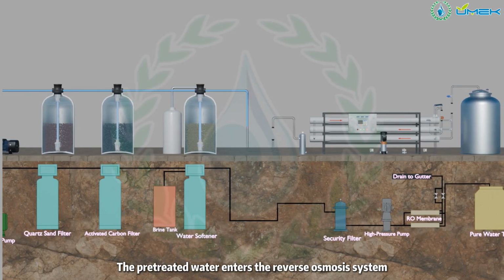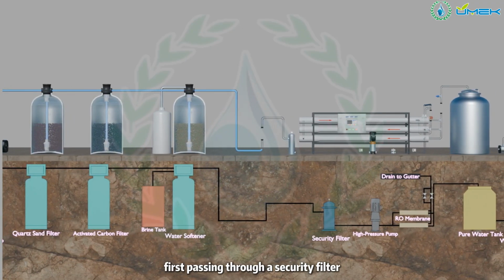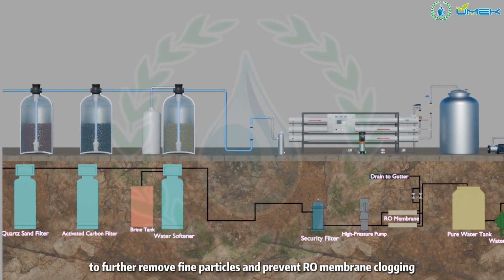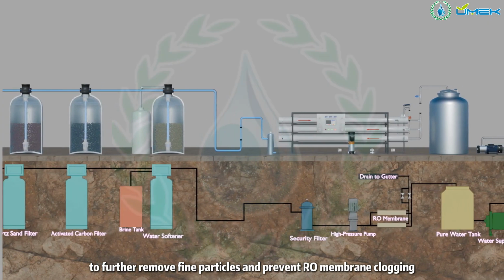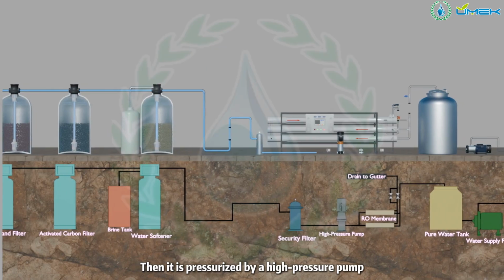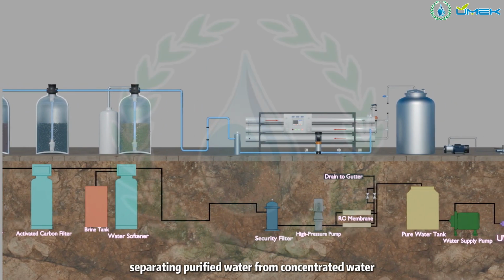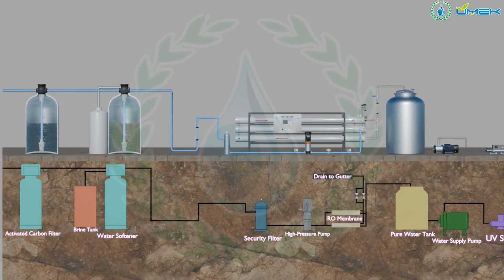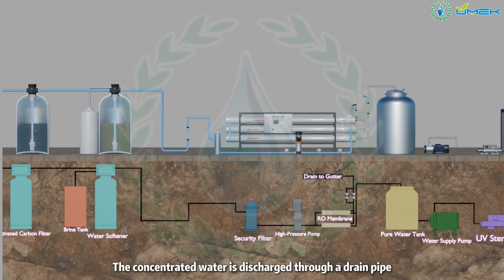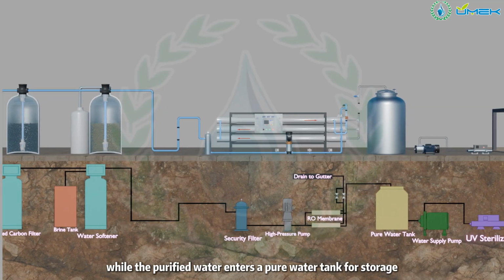The pre-treated water enters the RO system, first passing through a security filter to further remove fine particles and prevent RO membrane clogging. Then it's pressurized by a high-pressure pump, and under the pressure, water passes through the RO membrane, separating purified water from concentrated water. The concentrated water is discharged through a drain pipe, while the purified water enters a pure